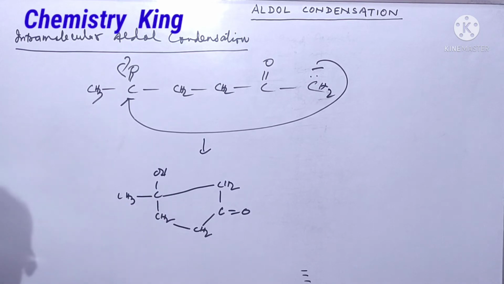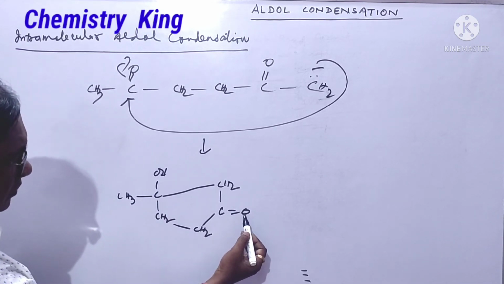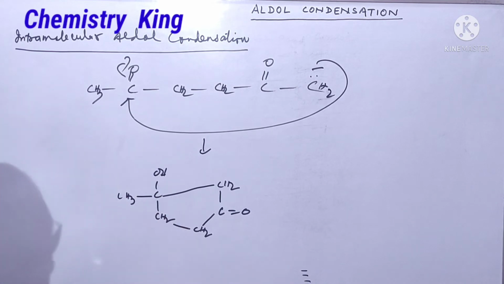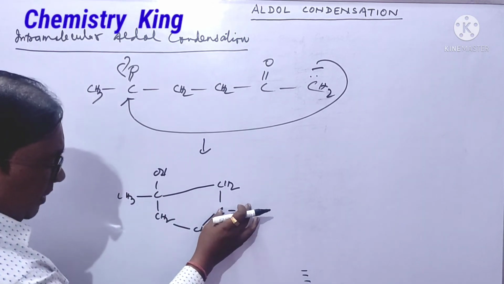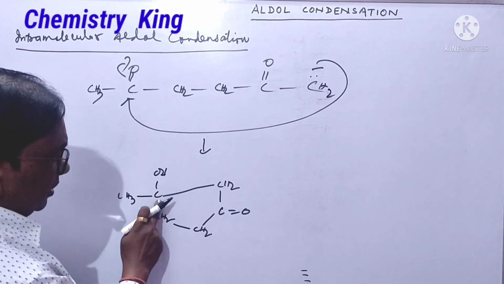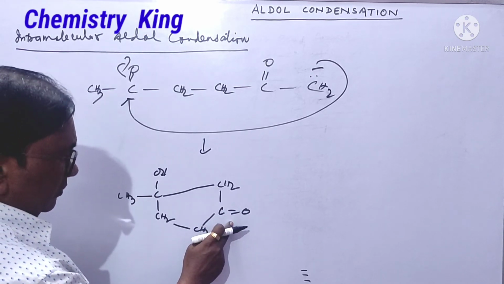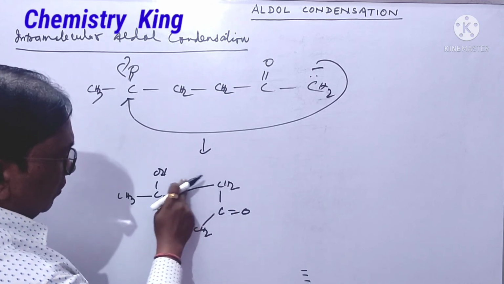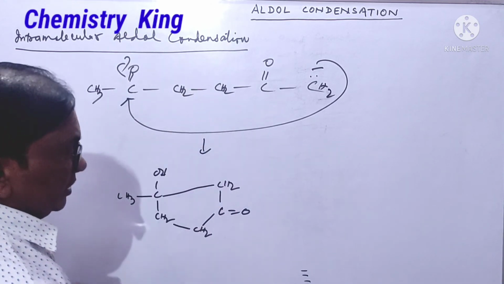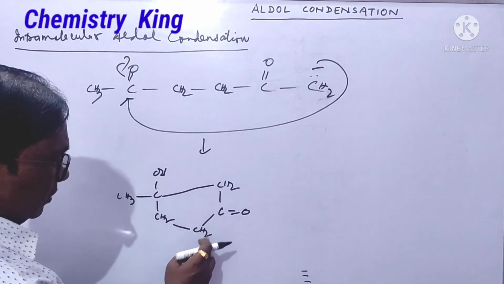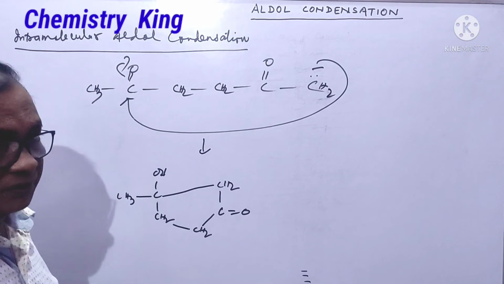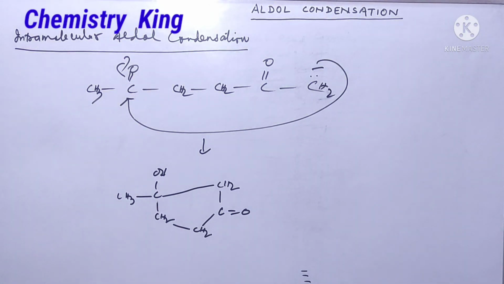It is 5-membered. With respect to this, the keto group is senior to the hydroxy group. So it is the main functional group, and so it is alpha, it is beta. It is a beta hydroxy ketone. If water is lost here, the double bond will be here. That will be alpha beta. It is the product, 1, 2, 3, 4, 5-membered. It is the main thing in intramolecular, and it is very, very important. Such types of questions are asked in IIT, NEET, IIT JAM, NET and GATE.